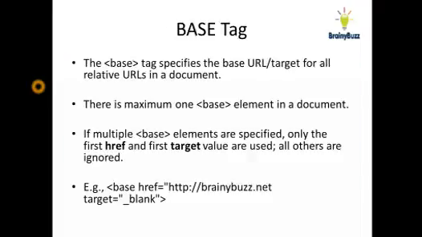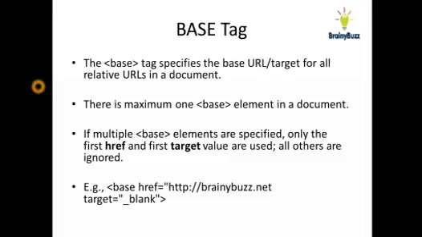The base tag basically specifies the base URL or the target for all the relative URLs in the document. As you have seen in some of the previous tutorials, we used some URLs in our anchor tag. For that we have mentioned only the relative URLs, that means half of the URL. We never mention the full URL anywhere. So basically the base tag is used for the relative tags. That means your relative tags can append to this particular base tag and form the full URL.